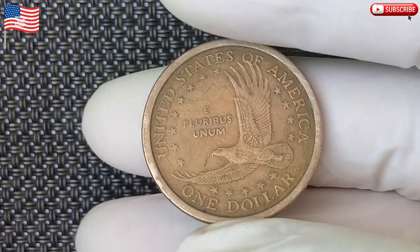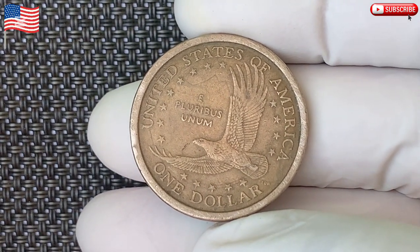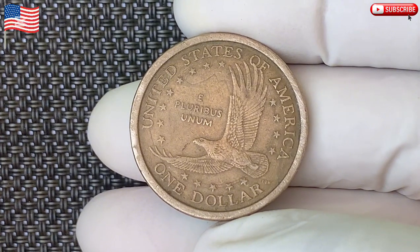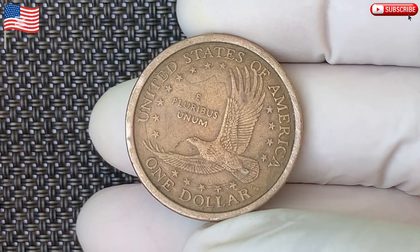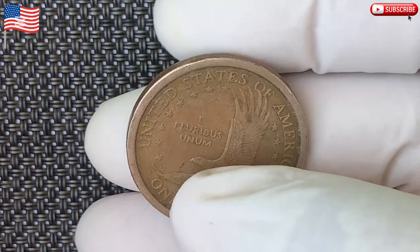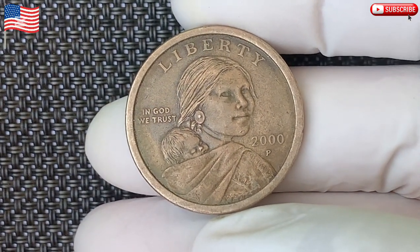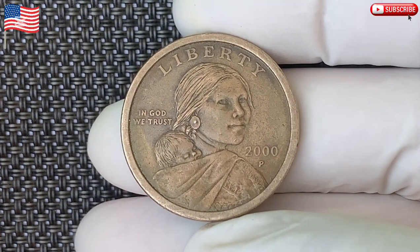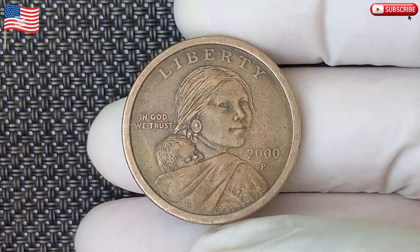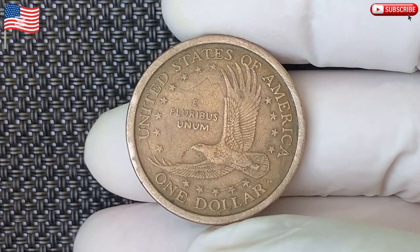The value of the 2000 coin also depends heavily on its condition. Coins that are in pristine, uncirculated condition with sharp details and no visible wear are worth much more than coins that have been heavily circulated. For example, a 2000 Sacagawea dollar that looks as if it just came out of the mint is significantly more valuable to collectors. The higher the grade, the higher the price tag, and of course, you can't forget about minting